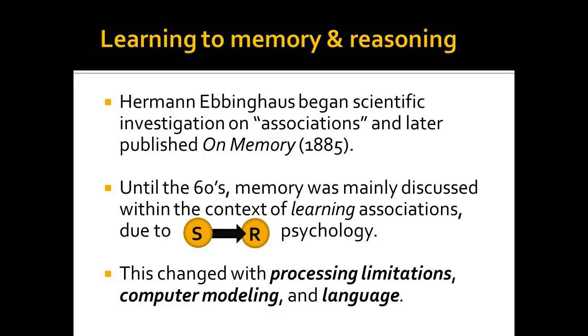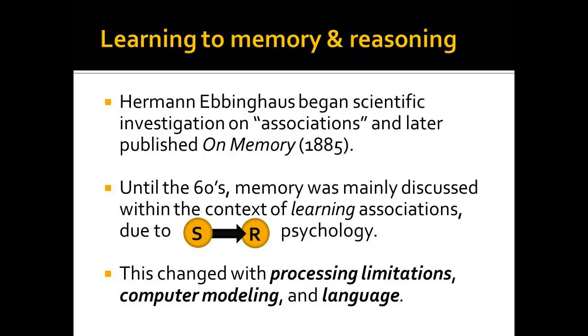This is a very early idea and goes back to philosophy of mind. Philosophers like John Locke considered human beings to be blank slates at birth. All our knowledge supposedly came to us through our sensory perception. We then make associations between these sensory experiences, and those associations are kept in mind to be used when thinking and reasoning. Now, the first person to systematically research such associations was the German scientist Hermann Ebbinghaus.